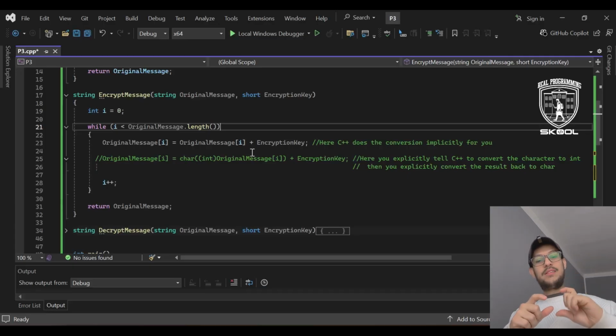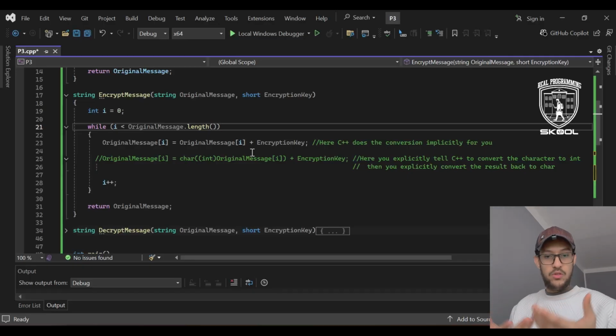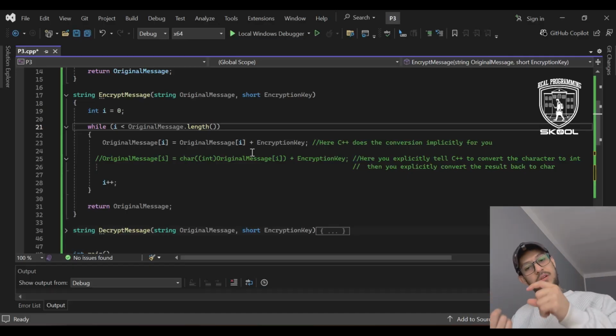And after the compiler adds number 2 to the character, it becomes 72, which means it will represent the letter U, for example. The compiler gets back again, converts or casts it to a character, and prints it for you. Original message of I equals original message plus